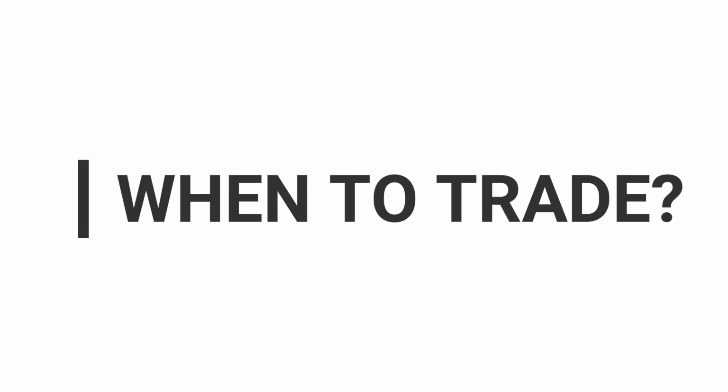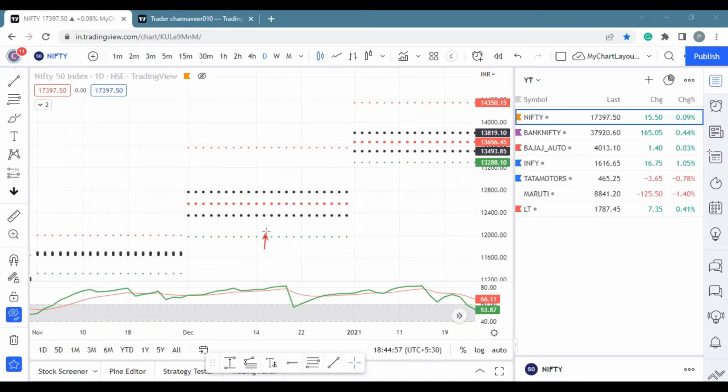So first we'll answer when we are taking the trade. You can clearly see in the chart there are 3 sections: monthly S1, monthly CPR and monthly R1. So whenever the price is close to S1, close to CPR, or close to R1, we try to initiate our trade. Anything which is away from these values or these zones, we are not interested in for this trade. Now we have answered the when.